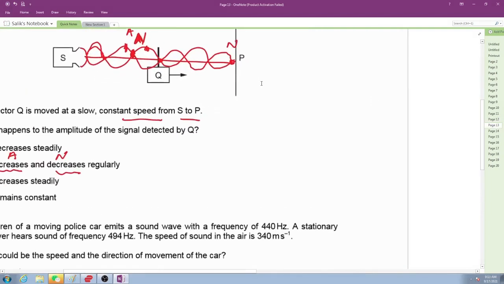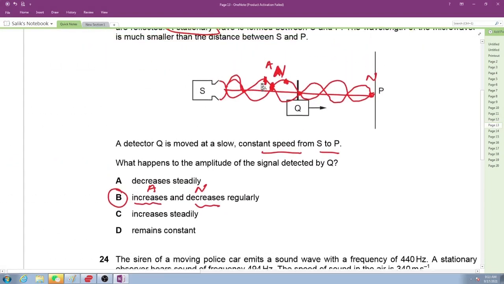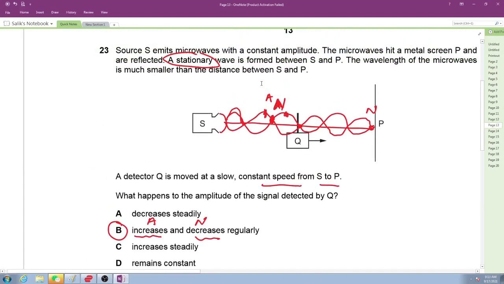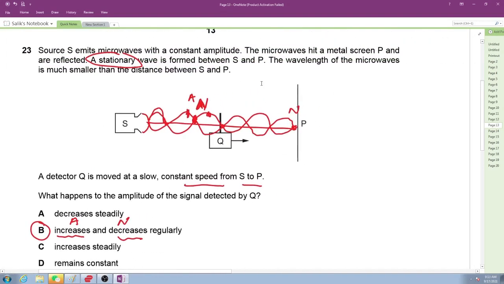Next question is on stationary waves. In this question, the source S emits microwaves with a constant amplitude. The microwaves hit a metal screen P and are reflected. A stationary wave is formed between S and P. This is S, this is P. This is the wall here, this is the speaker here. The speaker is producing the microwaves, and Q is the detector, and we are changing the position of Q